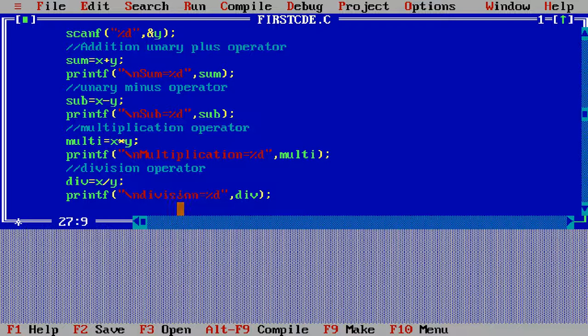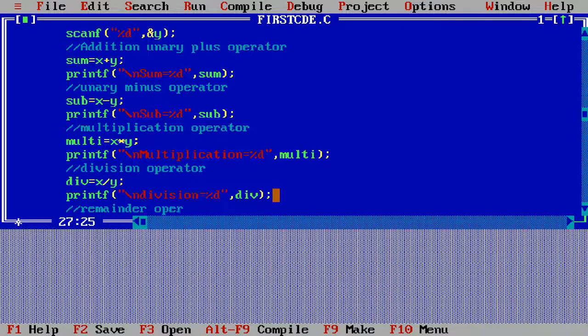Okay, you simply see here I am using the division operator to divide the value of x by y and store it into the div variable, and using the printf function I print the value of div, and then again comment here and write remainder